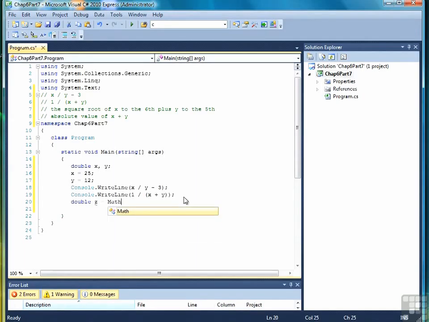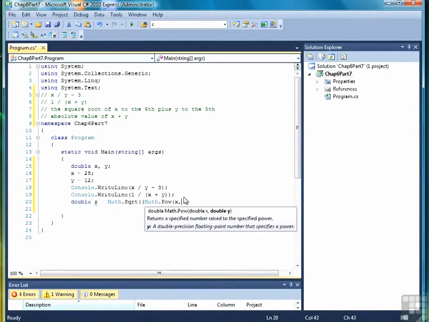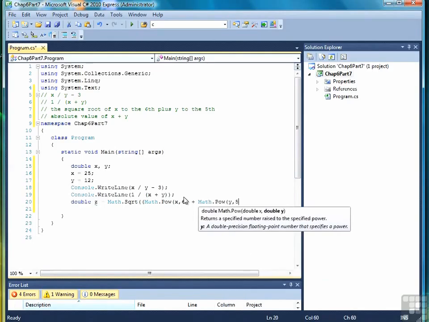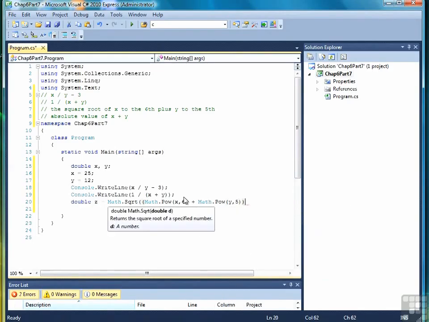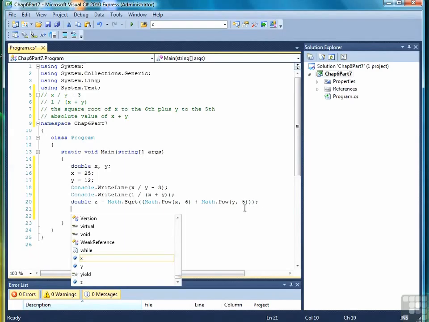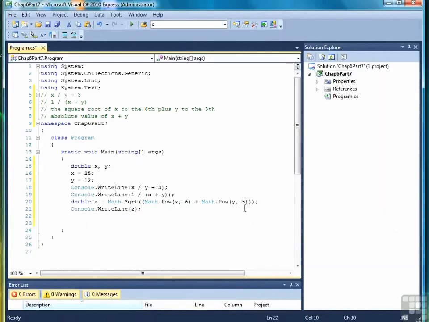So first we want to get the square root, so we call the math class followed by the square root function. Then we want the square root of x to the 6th plus y to the 5th. So first thing we're going to do is Math.Pow x to the 6th plus Math.Pow y to the 5th. And that whole expression is in parentheses because we want to do the addition and then perform the square root. So that's how it'll look. Math.Pow x to the 6th plus Math.Pow y to the 5th in parentheses. Then we take the square root of that and then we close it off. We'll assign z again, and then finally the absolute value of x plus y. Z is equal to Math